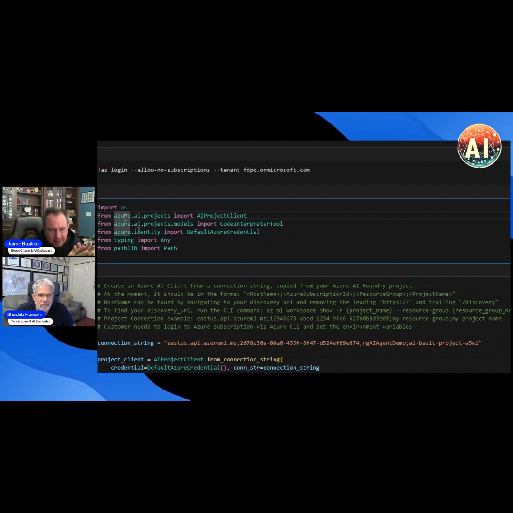And you can see the AI project models that come with importing the code interpreter tools. So as I mentioned before, when I went through the slide, there are different tools that can be used by these agents. I am also not worried about showing you my connection string because I'm actually using default Azure credentials to